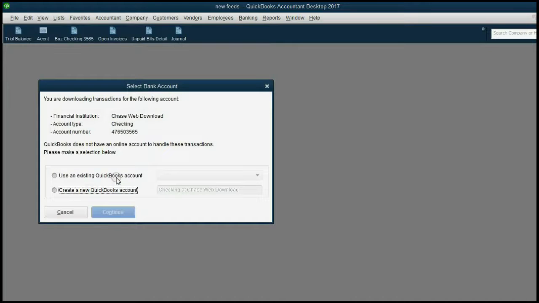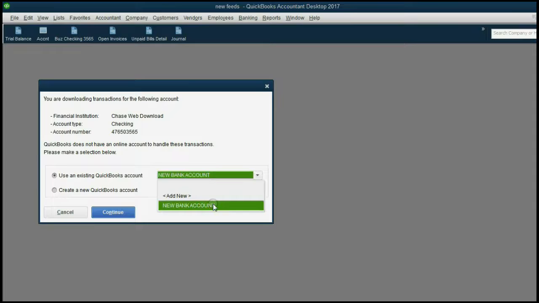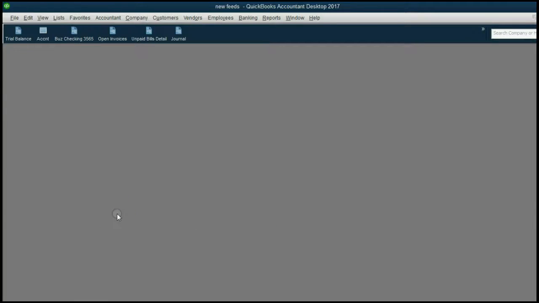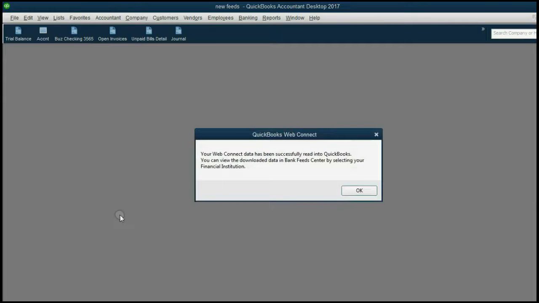When I double click, it's going to ask me, should I create a new account or use an existing bank account? Now this is interesting. When I click use an existing bank account, the only one that's available is the new bank account. Why? Because it's the only bank type of account that's not already connected through bank feeds. So we click continue and wait a moment, and you will see